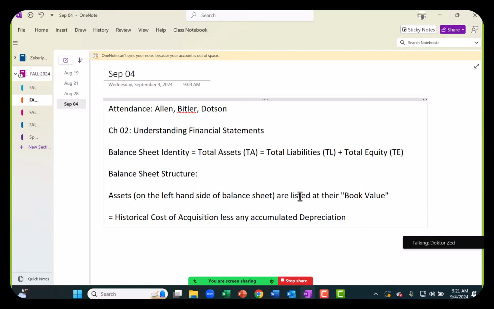Let's say you have an asset in your balance sheet, consider myself a firm. I own two Subarus, one of them 2023, the other is 2020. My son is driving the 2020. And if I were able to sell that, I could probably get 2021, something like that. That would be the so-called market value of the asset, the value that you could get in the market for it. But the book value is almost always different from the market value,